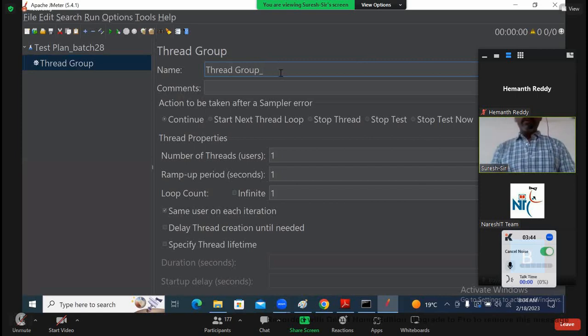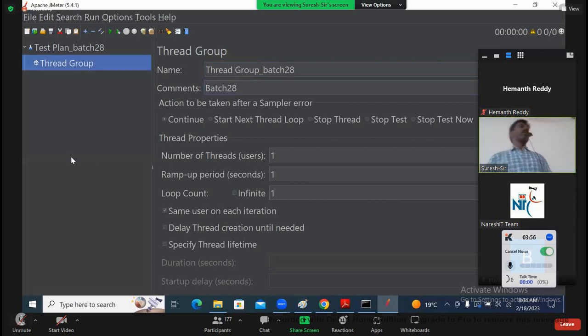Based on your comfort, you can provide any name, and then add the required comments. Okay, after that,